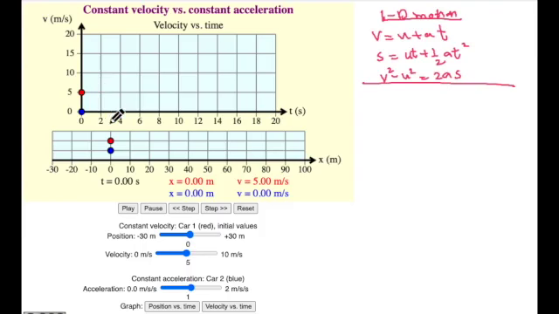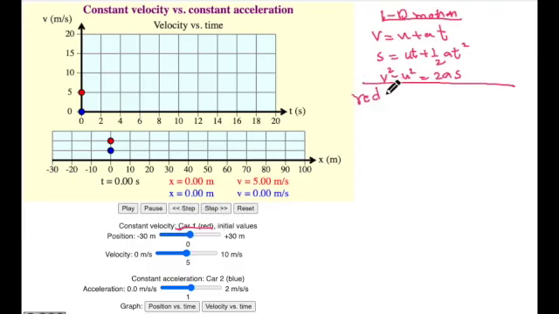In the simulation, there are two objects. One is the red one, which represents a red car moving with a constant velocity without acceleration, and the blue one, a blue car which can move with an acceleration. First I will show you how an object can move without acceleration, and then with acceleration. For example, for the red car, see here, they mention the red ball